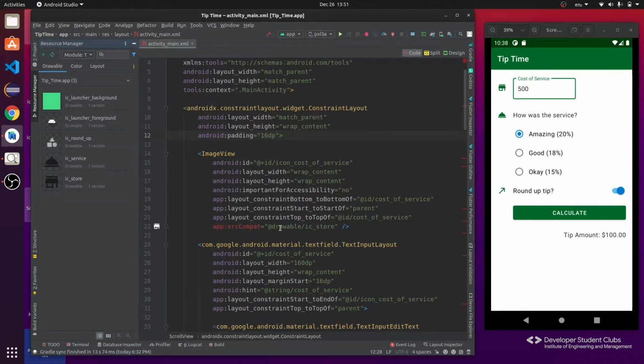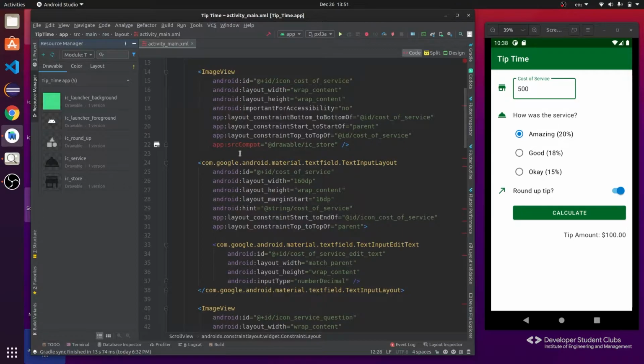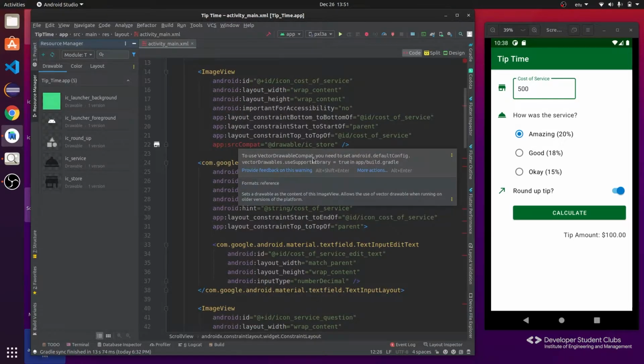Now we have those errors removed, but now the error is in the front portion which says app src compat. So it says to use vector drawable compat, you need to set android.defaultConfig.vectorDrawables.useSupportLibrary equals to true. So what does that mean? Since I said this material design has been adapted by Android from Android 8.0, but while creating the project, we have mentioned that our application will be running from KitKat. So the applications which do not support material design, how will they draw these kind of UI? In that case, you have to enable use support library so that the Android devices running on KitKat to Nougat can draw these.